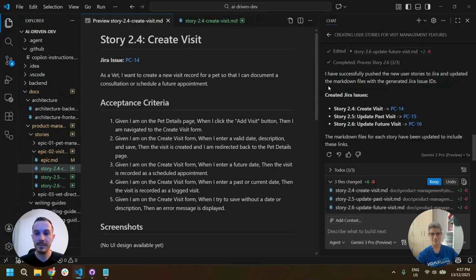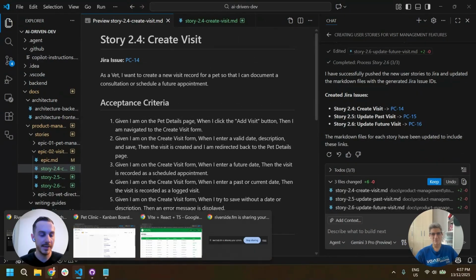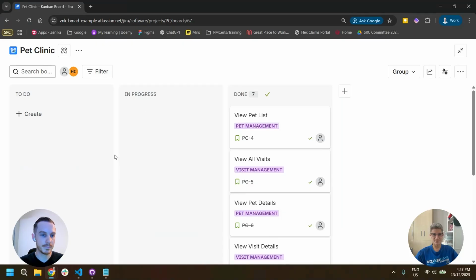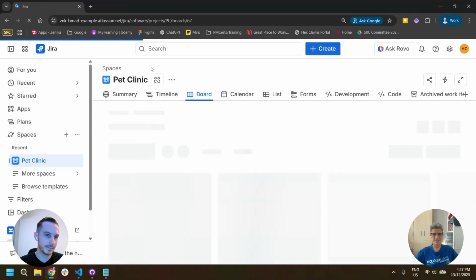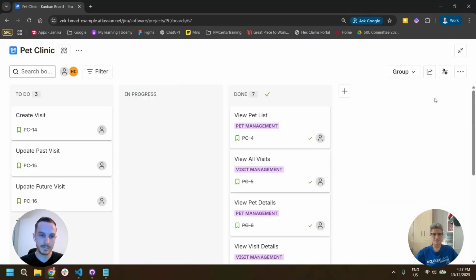All right, it's now completed that. Let's go see how they look in Jira. Give it a second to update or give it a refresh. And these are our 3 tickets that it's just created. This is a small feature that's very straightforward, but this process also works for larger feature sets.